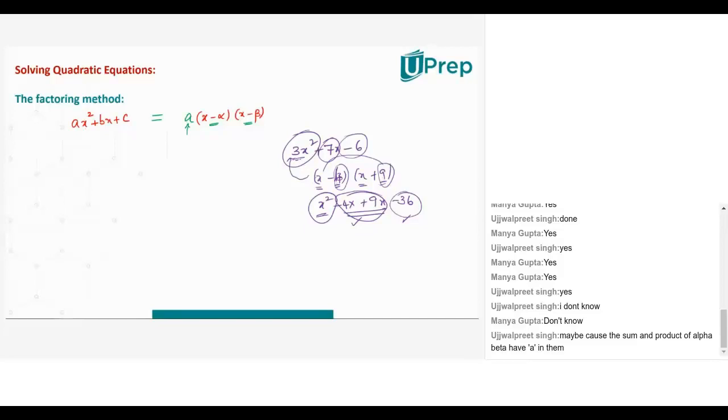Are you getting my question? What should I do to convert this x square factor into a 3x square term? Both x minus 4 and x plus 9 should be outside multiplied by 3. Then only I'll end up getting this whole product multiplied with 3. Then it becomes 3 times x square, where I got minus 12x plus 27x minus 108, whatever. Now these two will contribute to 7x. This number will contribute to 6. Did I get the 3x square back?